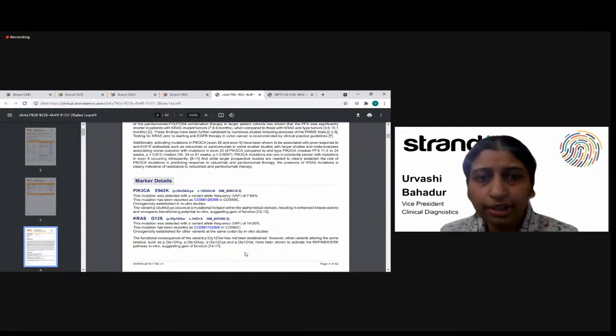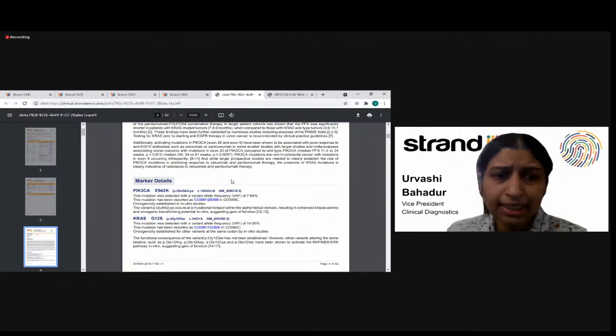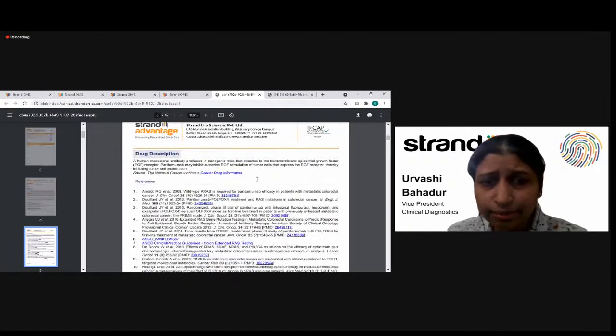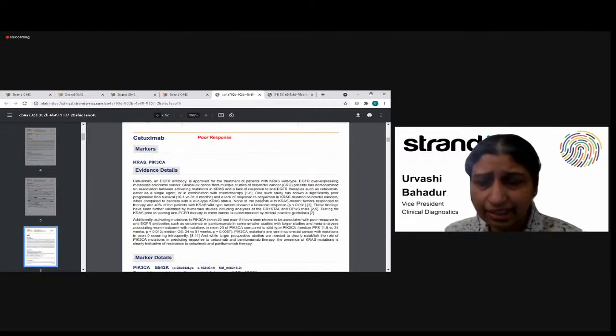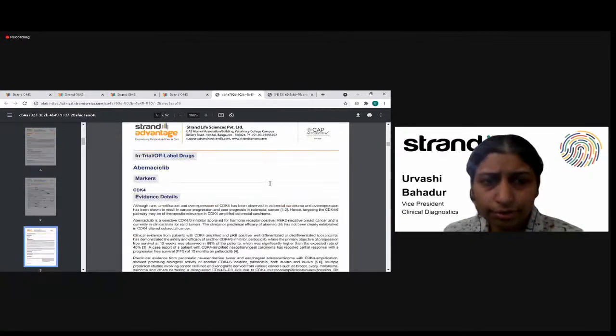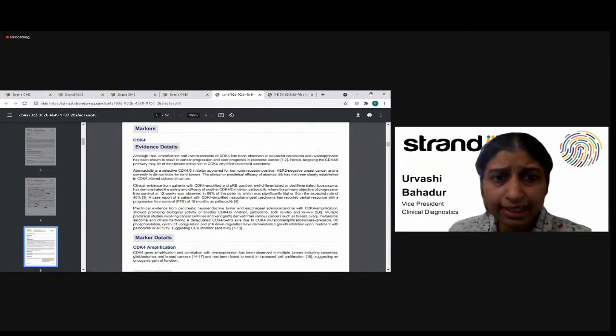So that's good. It should be noted that here you have 2 variants for the same drug, and we do have a concept of a combinatorial response also, because in certain cases you have something like, say, T790M and MET or something like that in a lung case. So you can actually have 2 variants impact the response to one drug. So similarly, we have the same for cetuximab,